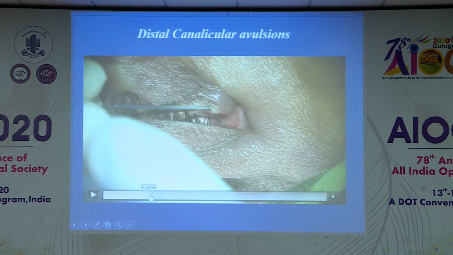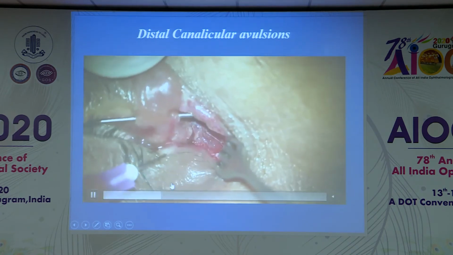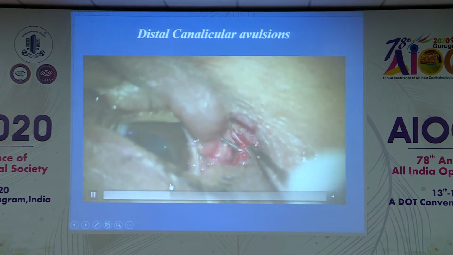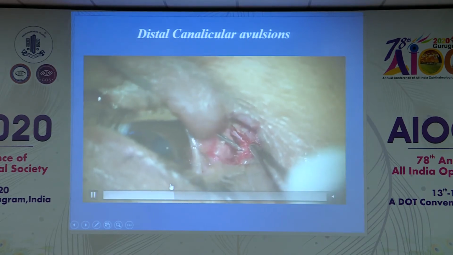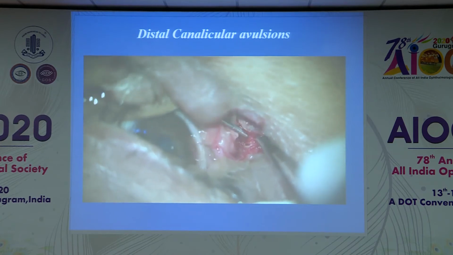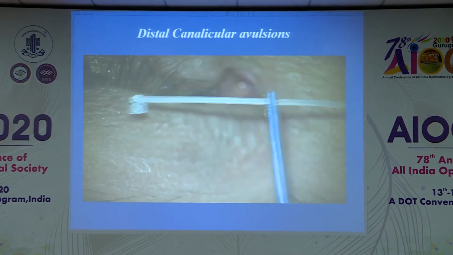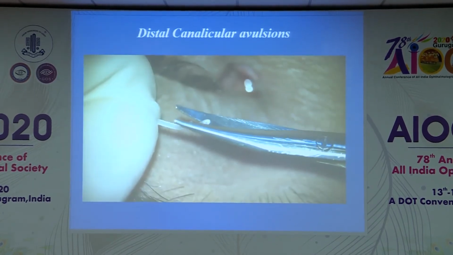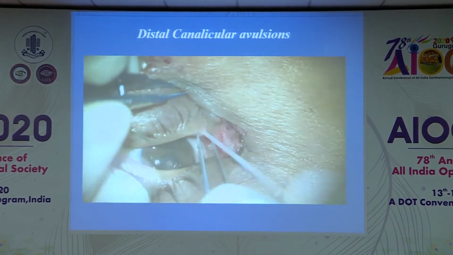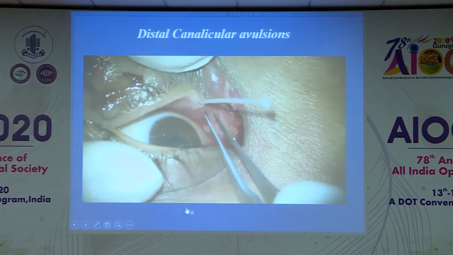Now to locate, here I have to search at the medial canthus and deep to the caruncle. So I injected a diluted betadine solution, and then I was able to find the distal cut end, and then the probe was going through it. Otherwise, sometimes you are inserting the probe through the orbicularis fibers and you will hit the bone. So this is how you have to confirm it, and then you have to introduce the stent.